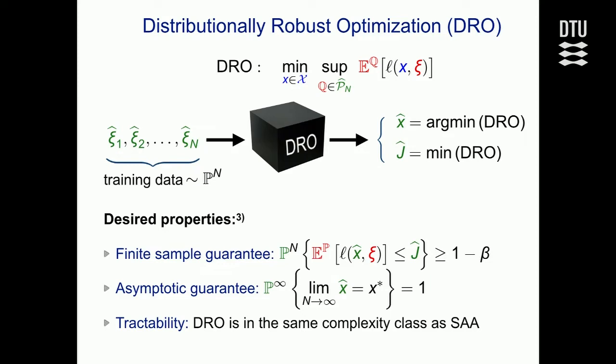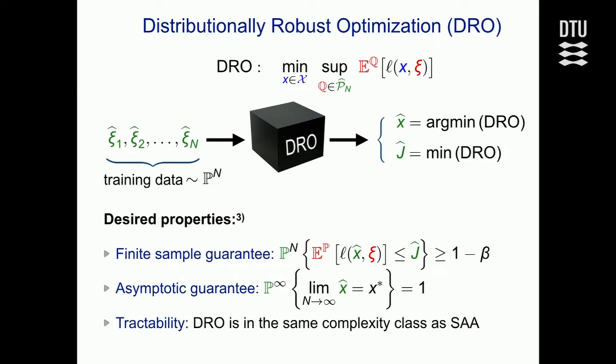So my distributionally robust optimization problem is now a game where the decision maker first picks a decision X in order to minimize cost. After this decision has been chosen, your adversary, or nature, can pick a distribution Q inside the ambiguity set with the goal to inflict maximum damage. So with the goal to hurt the decision maker as much as possible, to maximize the expected loss. Okay? So that's a two-person zero-sum game between the decision maker and nature.